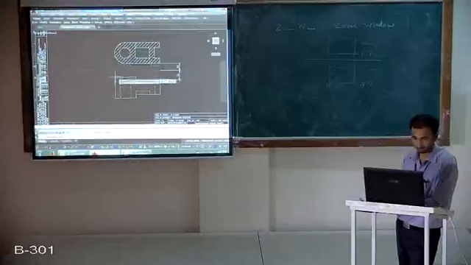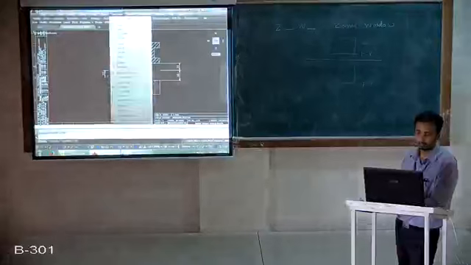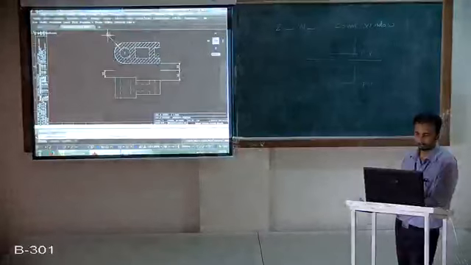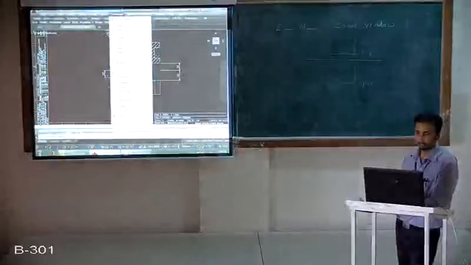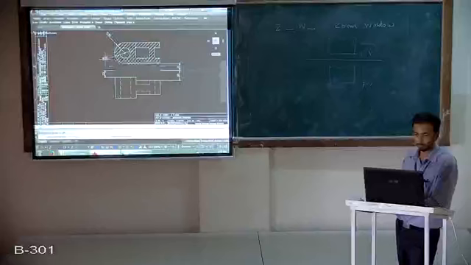Then the 40 mm step. And then we will define the height parameters, the width of this object is this one.